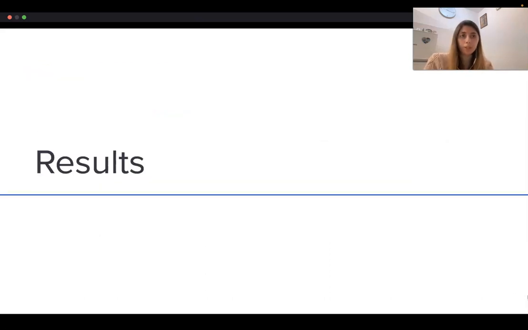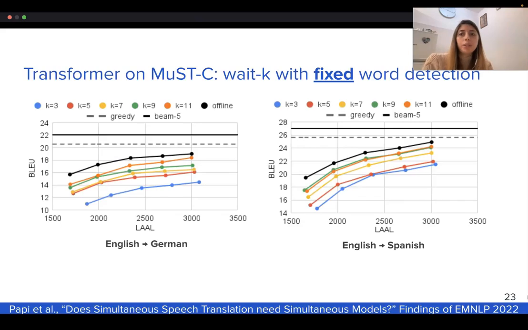Then we move to the results. First of all, we show the result of the transformer architecture on SimulST using the fixed word detection for the WK policy. In this graph, we represent latency in blue, that is quality. With the straight line in black, we represent the offline generation, the performance of the model using beam search with beam equals to 5, while with the dashed straight line we represent the greedy